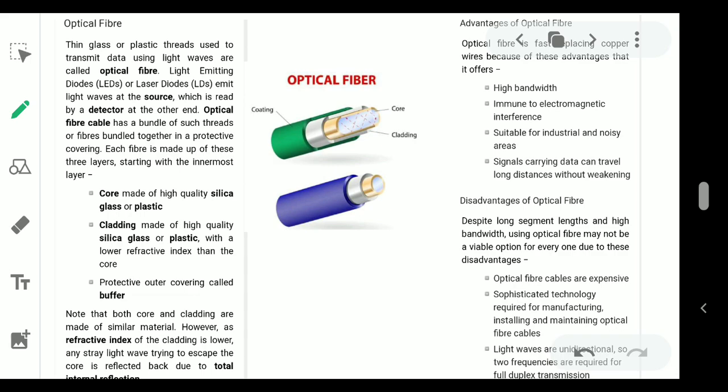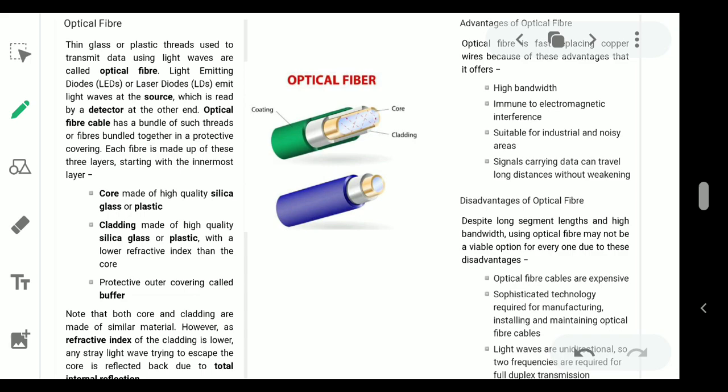What are the advantages? Since data travels in the form of light pulses, these cables are totally immune to outside electrical noise, and hence can be used for longer distances compared to other cables. In single mode, fiber can transmit data for about 10 kilometers without using repeaters. Bandwidth supported is several Gbps, and there is better security as it cannot be tapped.